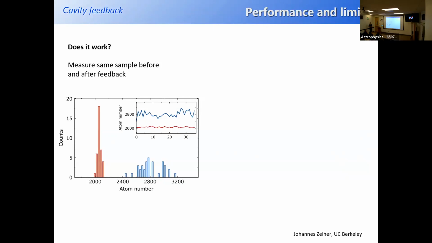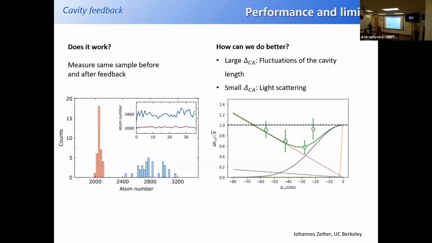Of course, the question now is how well does it work, and what's the physics that limits it, or how well can we do. This is very preliminary, so we've only taken very few data points here, but you can see that, first of all, we can push the width of this final atom number distribution below what you would expect from Poissonian statistics, so below Poissonian atom number fluctuations, which is nice, because you would not get that without special interaction effects, for example.